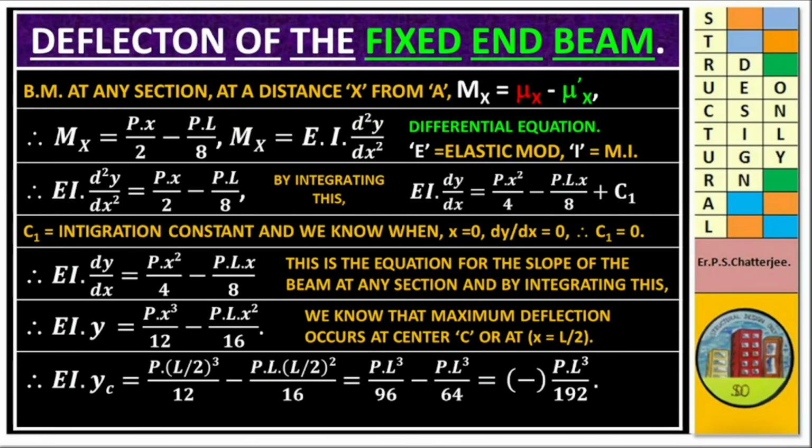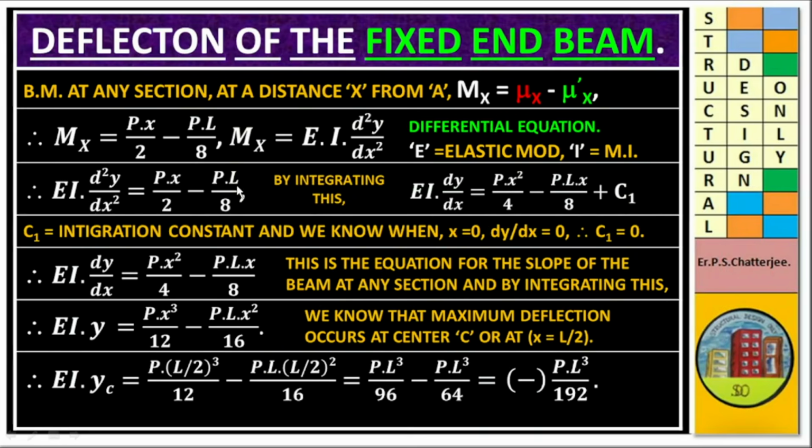Second, we know Mx is equal to E into I into d2y dx2. It is the differential equation of bending moment at any section, where E is the elastic modulus and I the moment of inertia. So we can write EI d2y dx2 is equal to Px by 2